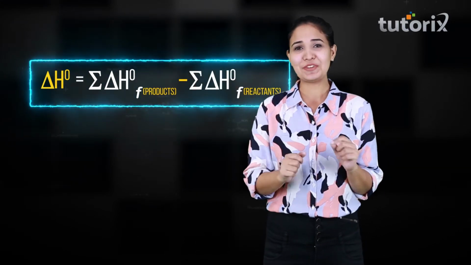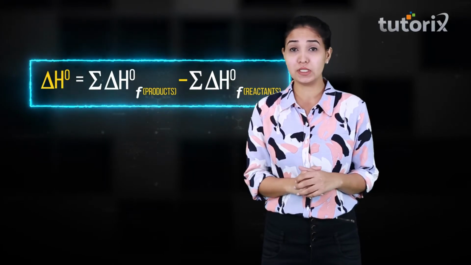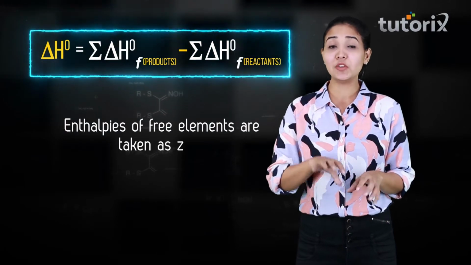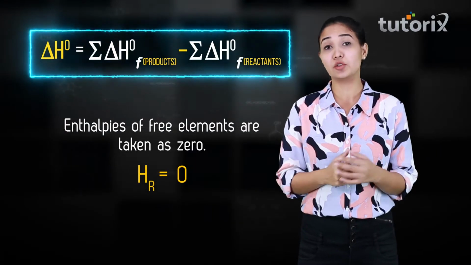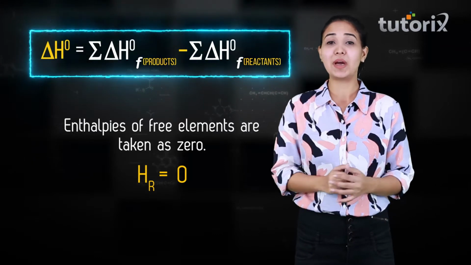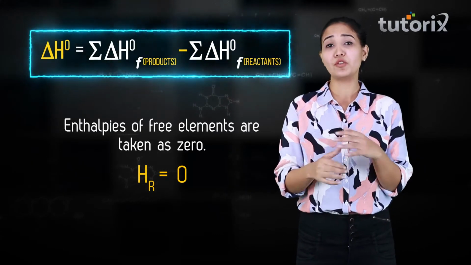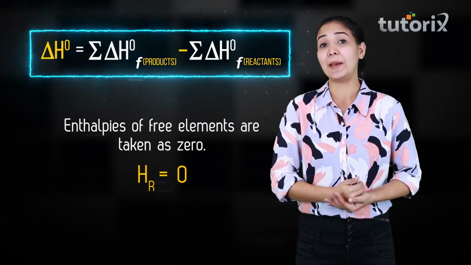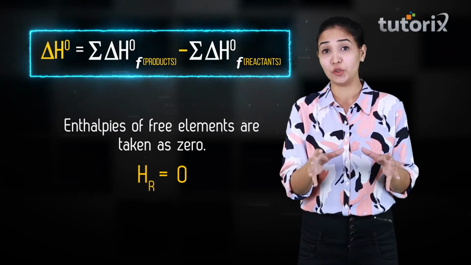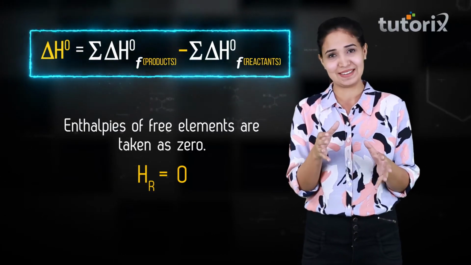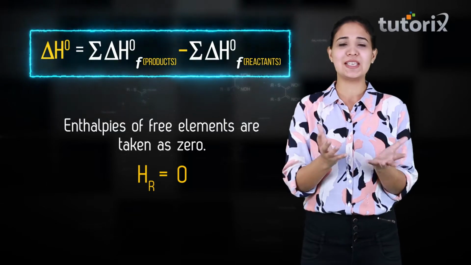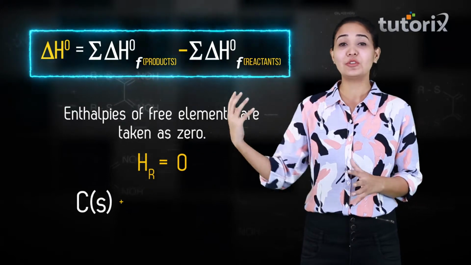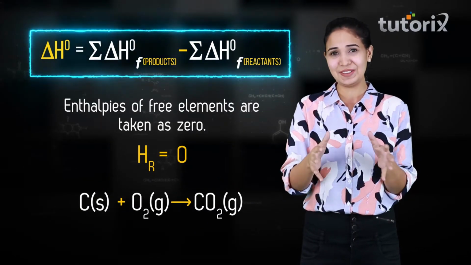Correct? Now there is one more interesting thing that you have to memorize all the time: the value of the standard enthalpy of formation for the standard state of the elements is considered to be 0. That means, whenever we are talking about any particular element and it is said that the reaction is happening at the standard conditions, the value of the enthalpy of formation would be taken as 0. So now we have all the processing that we have to do. We know the formula, we know the condition. So let's just get back to the reaction that we were talking about and see the values.